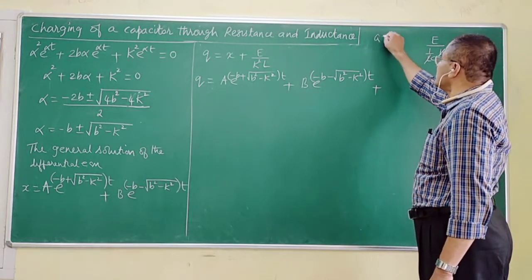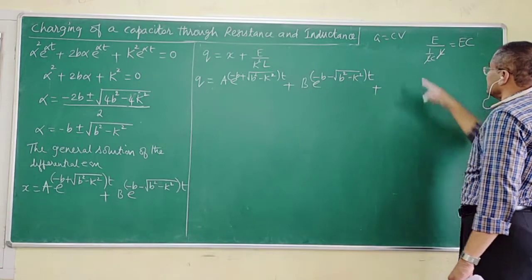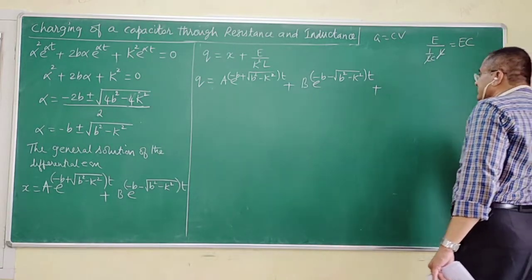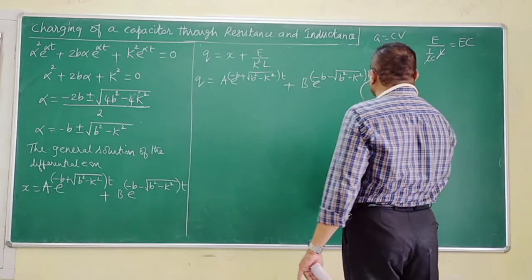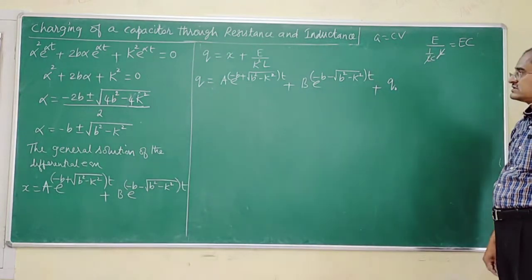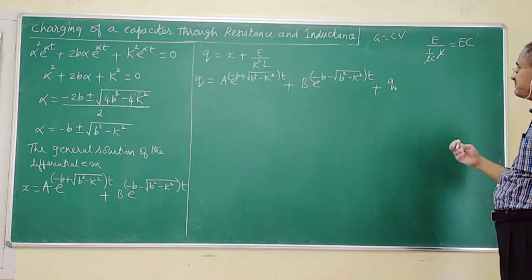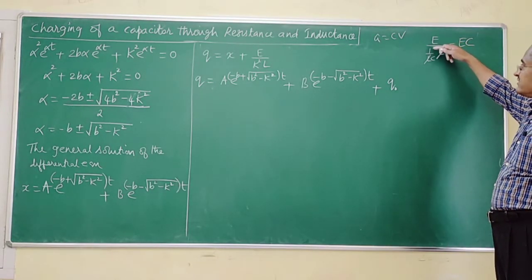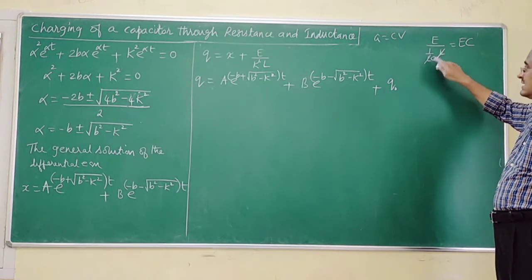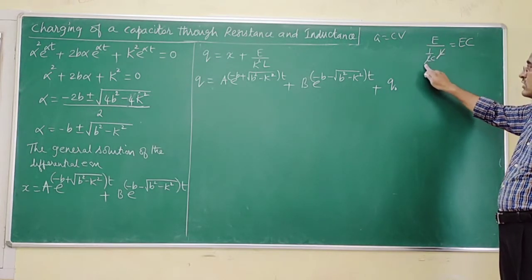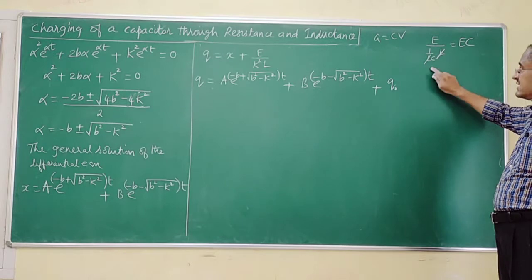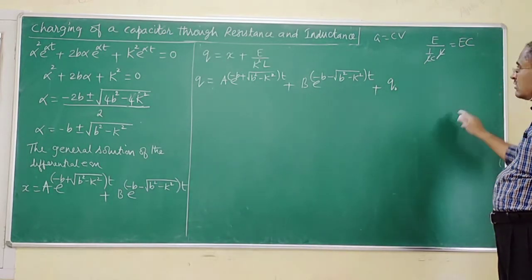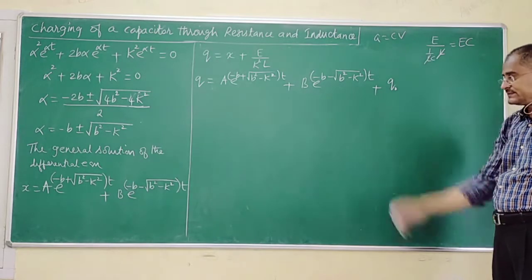I know q is equal to CV. In the place of V, I have E. In the place of C, I have C. Therefore, it must give me the maximum charge. Therefore, I will test it. Is that okay to you, sir? I have skipped a step. I am telling you how it is. E in the place of k square, 1 upon LC, L is there. L goes off, I get 1 upon C. This C when it goes up, EC. EC is equal to q naught. How? Right? Now.